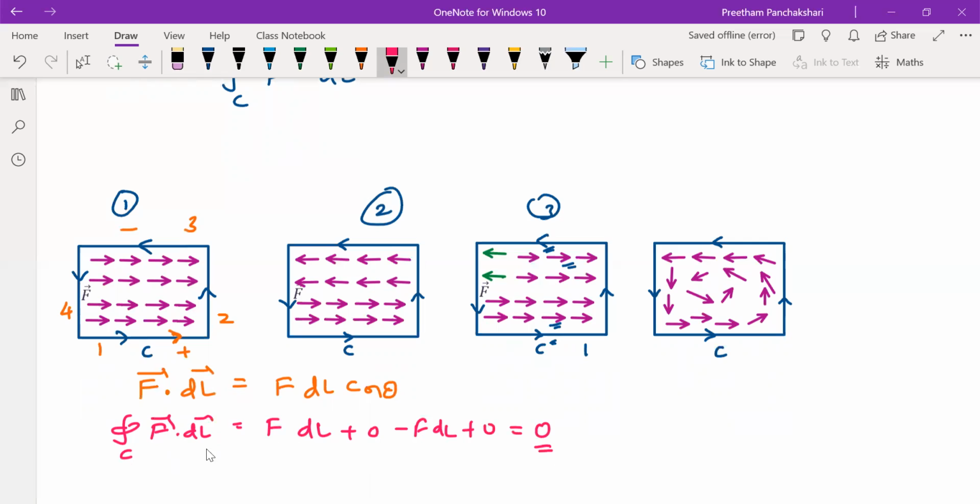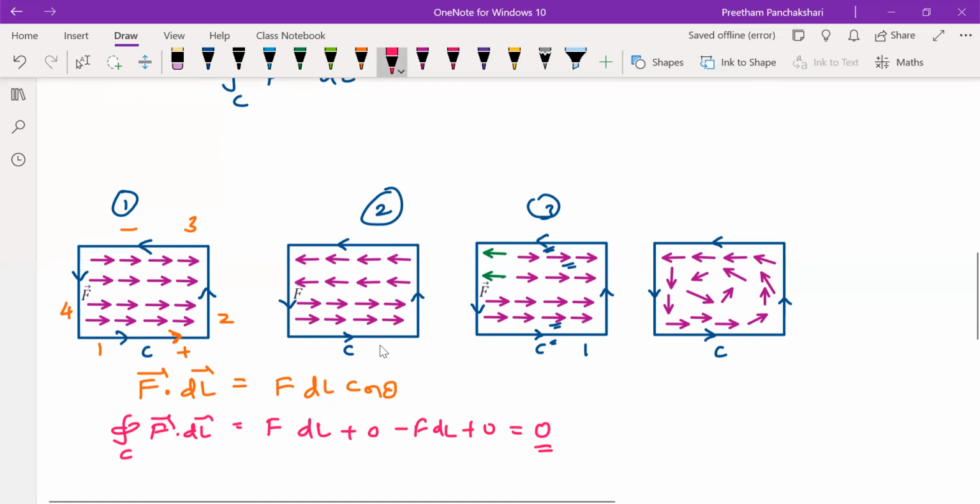That means no circulation happens on this rectangular closed path because the force is introducing the same kind of force on side number 3 and side number 4. Both are pushed in the same direction. So there is no scope for revolution about its axis. So that's why we can say that no circulation of the object takes place. If at all it is there, it is only a linear force acting in the direction of the force itself. If you look into figure number 2,